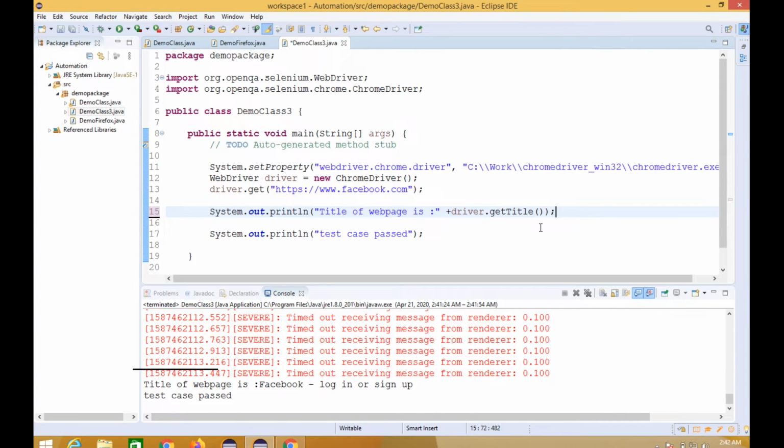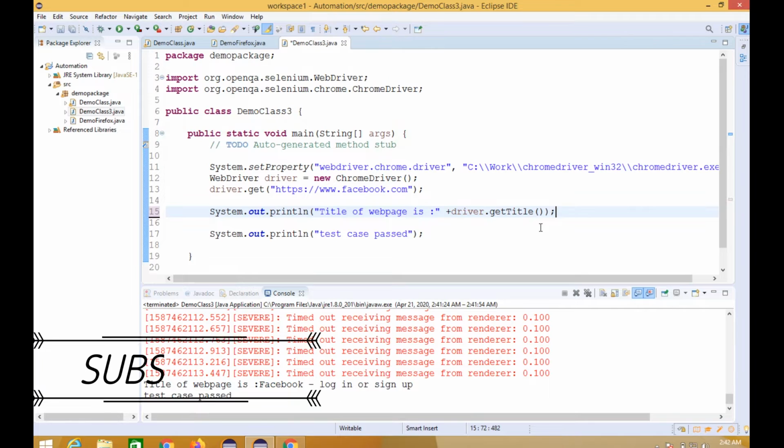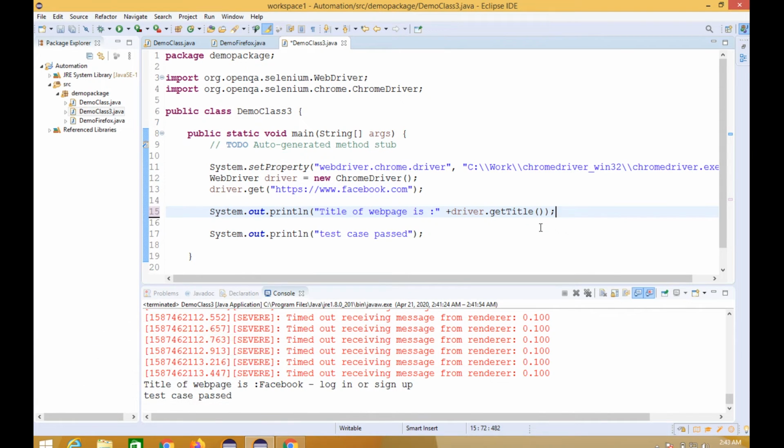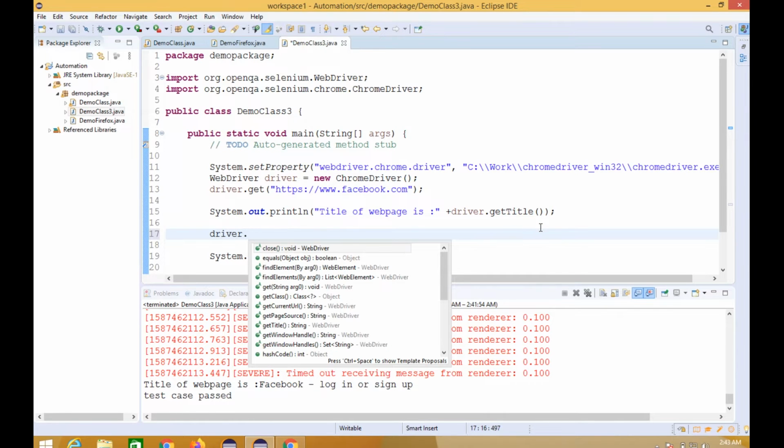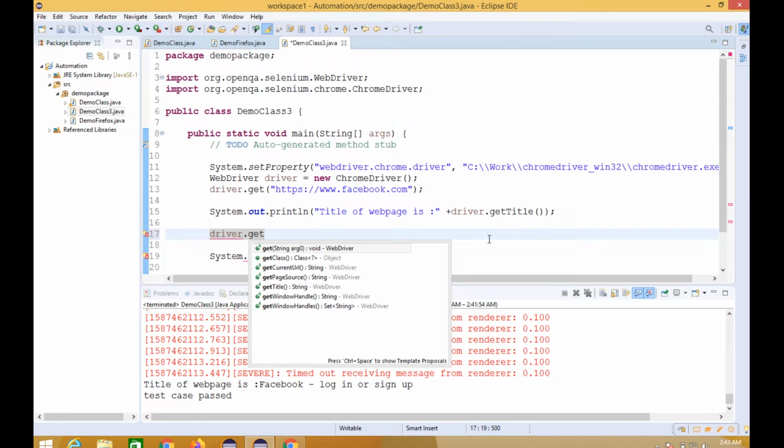So in that scenario, we have to check the URL of that web page. By checking the URL of the web page, we will get to know whether we are on the right page or not. So guys, for fetching the URL of the web page, the function is driver.getCurrentUrl().